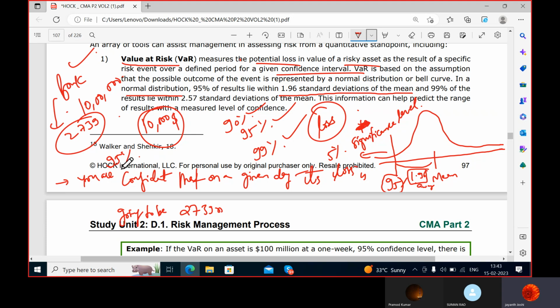So you are 95% confident. See, I have given you a scenario. The scenario is the bank's per day loss is 2,739 rupees. With this, the risk manager of a bank issues a statement that their bank is 95% confident that on a given day the bank's loss is going to be 2,739 rupees. And with the remaining 5%, so 95% and 5%, it can be